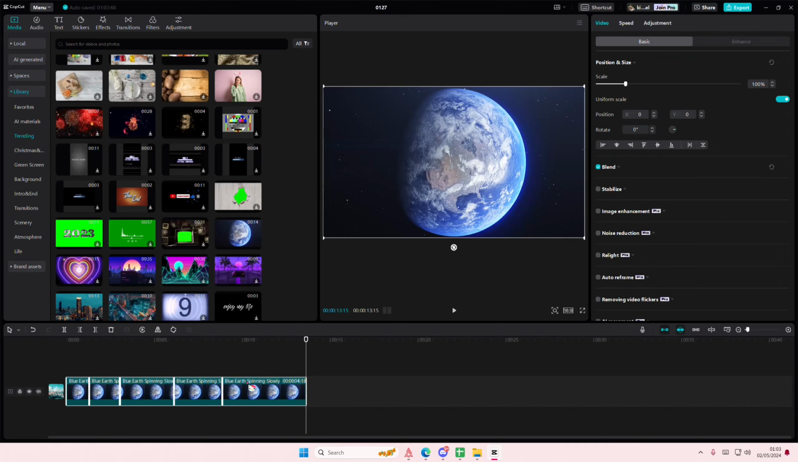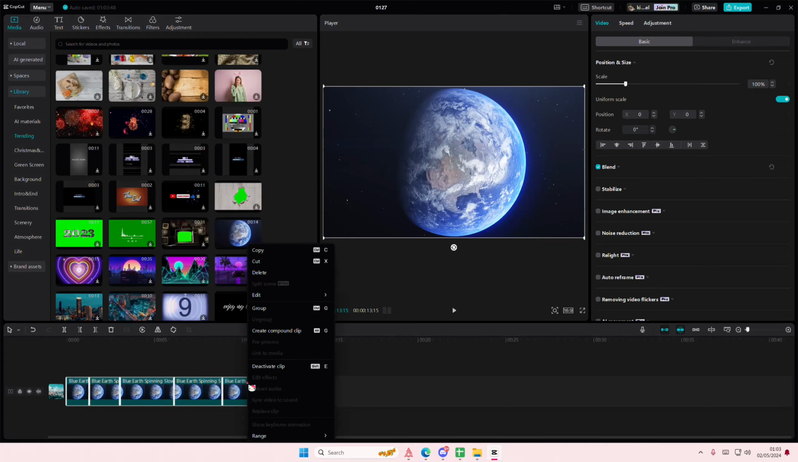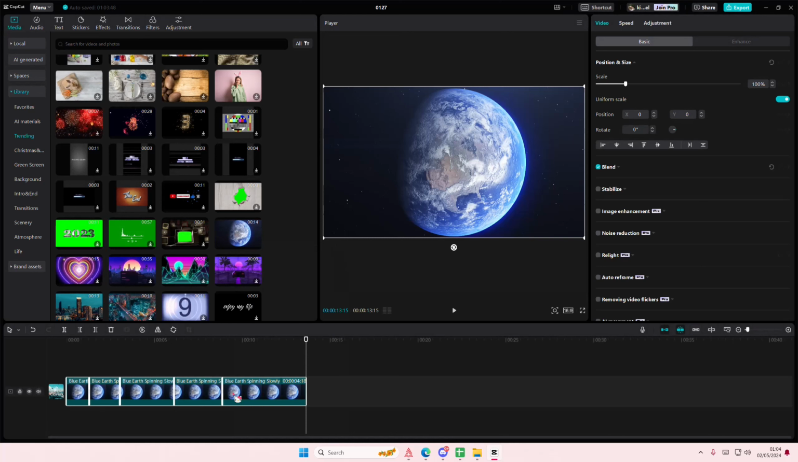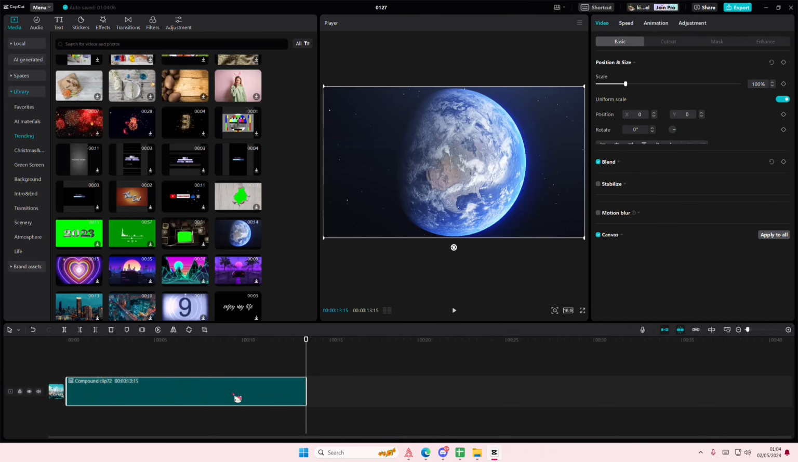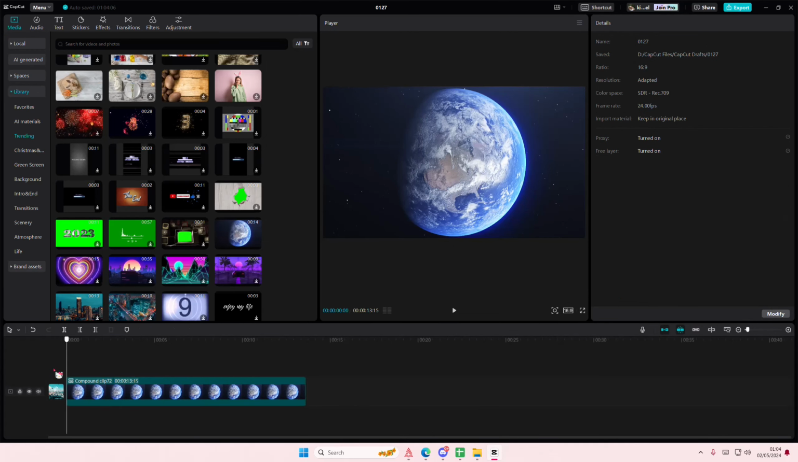You're then going to right click on your mouse. Then you're going to select create compound clip, or you're going to select Ctrl G on your keyboard. And as you can see, I've created a compound clip which merges all of my splits